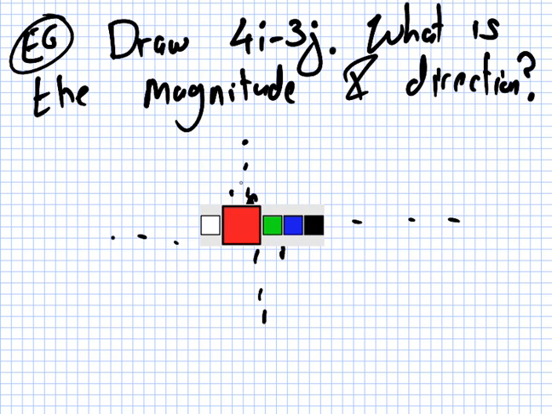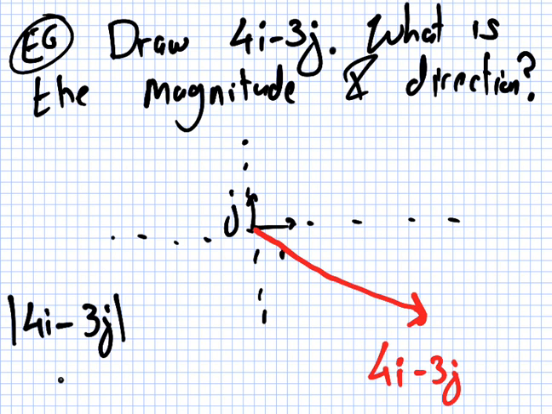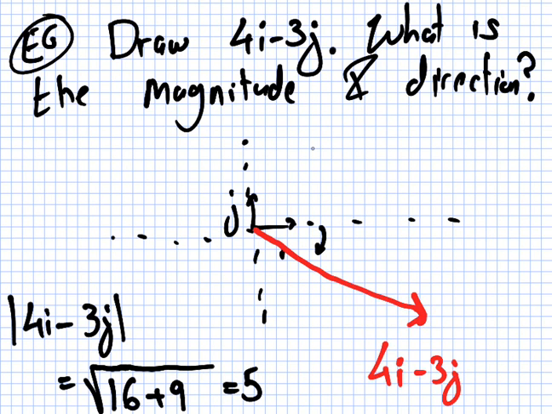So we have here 4i minus 3j. So that would be there. The magnitude is this formula, 16 plus 9, which is 5. And the angle is this formula, tan inverse